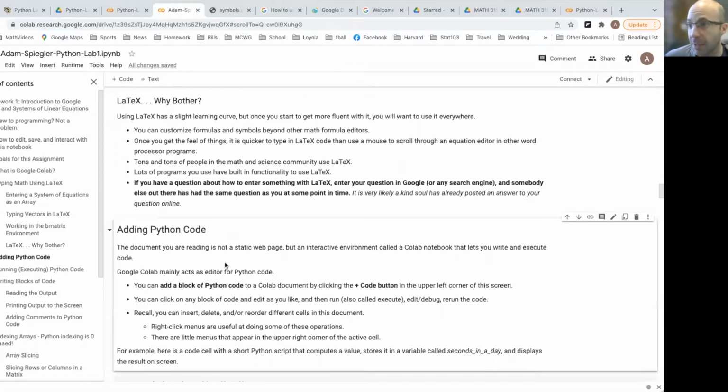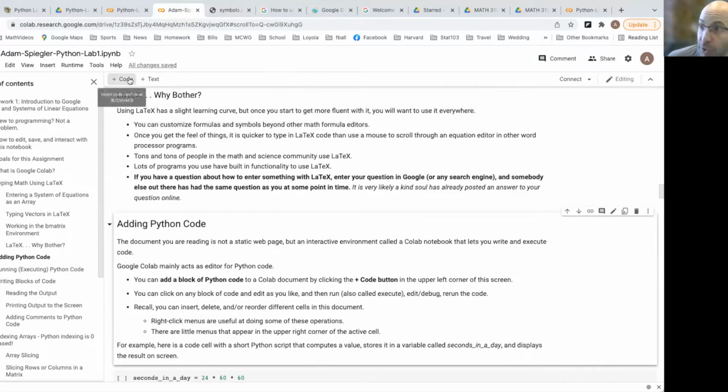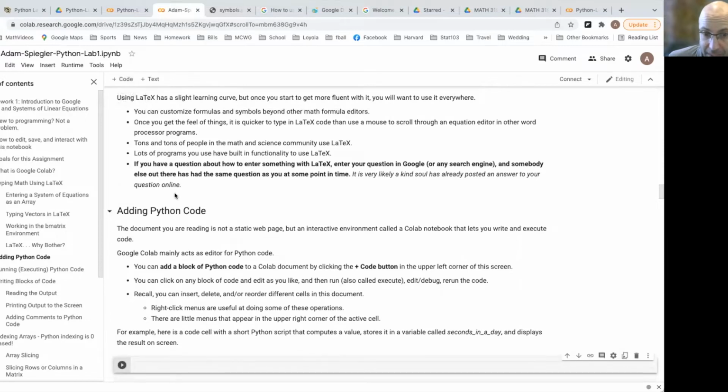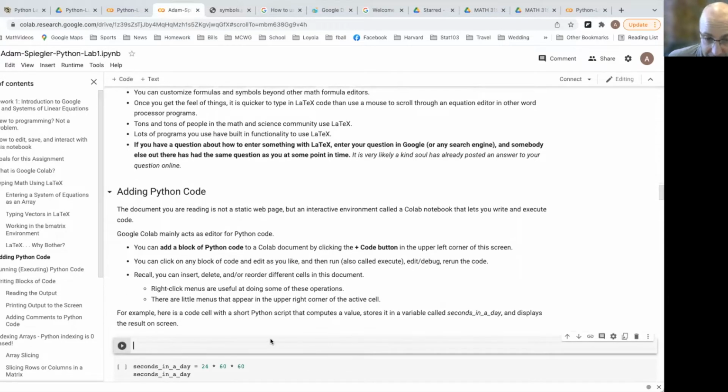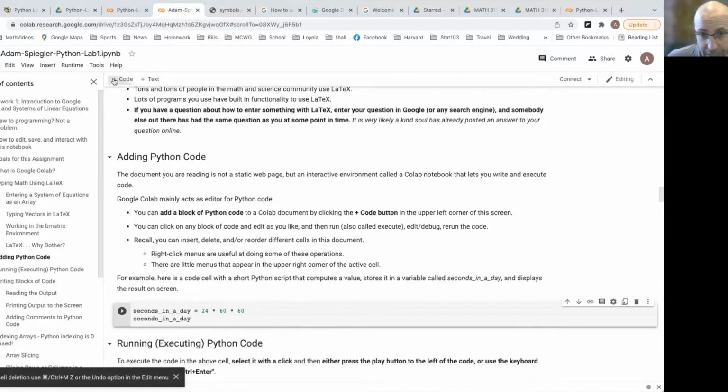Most of this assignment, and most of your assignments this semester, you're not going to be editing text blocks, but more likely you're going to be adding your own Python code or editing a partially completed block of Python code. If you want to add your own little block of Python code, you can hit this button over here, and that's going to insert a block of Python code just below the cell that was active when you clicked insert. But I don't need this here. But in general, if you want to add a new block of Python code, you just hit that plus code